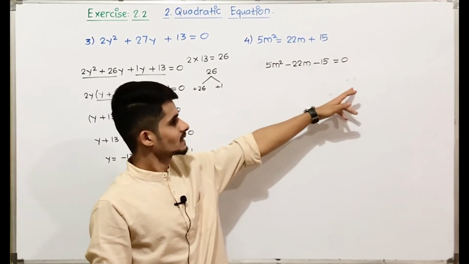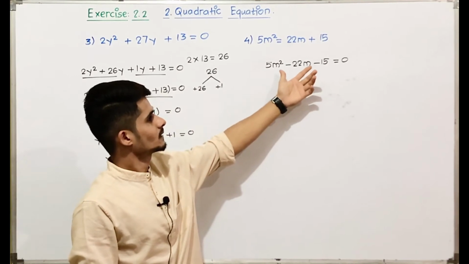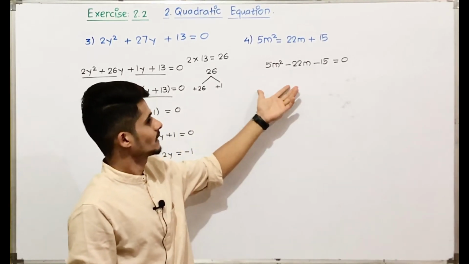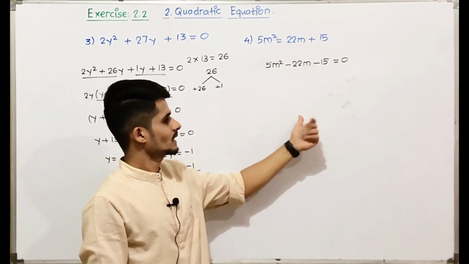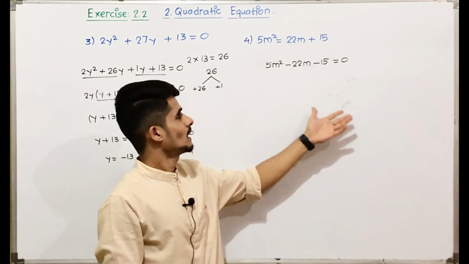So after finding the number, replace this with that number, take common and equate it with 0 and find the